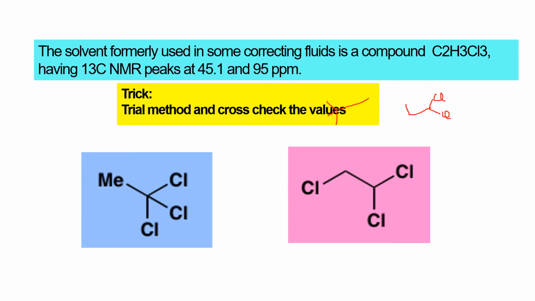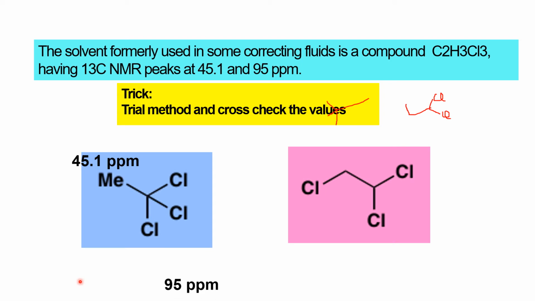See here, what is the value given? 45 and 95. Okay, this is a little bit double the values, not only double, it's more than double. If one chlorine is there on one side and 2 chlorines on the other, this carbon and this carbon will not have that much difference. We know very well that it will not be that much difference. But if there is no Cl at all, the saturated carbon atom should be below 50, and the carbon having 3 chloro will be above, more than that. So this is the correct compound for this value and this is not the correct compound.